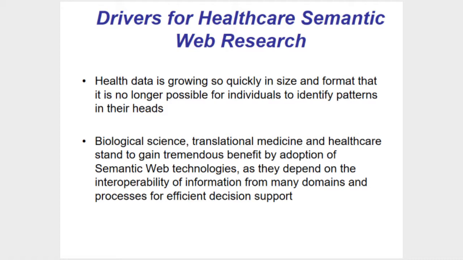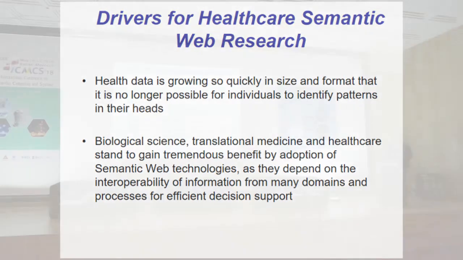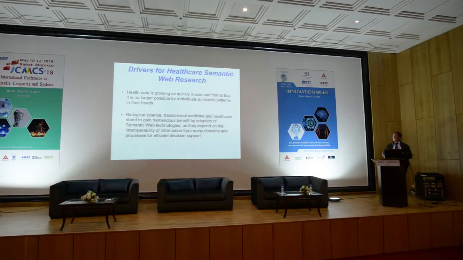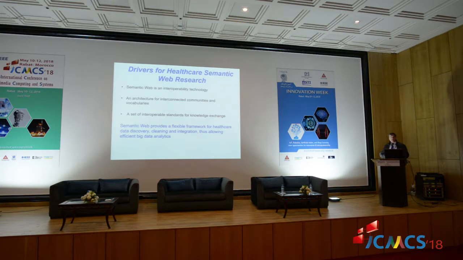are all interrelated. You cannot rely on one and forget the other piece. Therefore, the semantic web is the perfect tool to link the fragments of information coming from the different domains in order to support efficient decision making. Semantic web is an interoperability technology. It's been designed to allow communities to talk the same language. So it's about ontology. Ontology is the way we